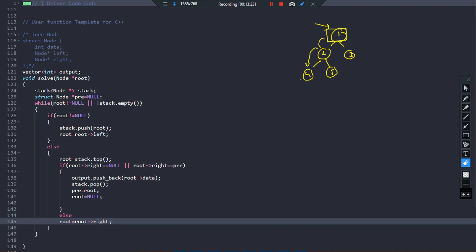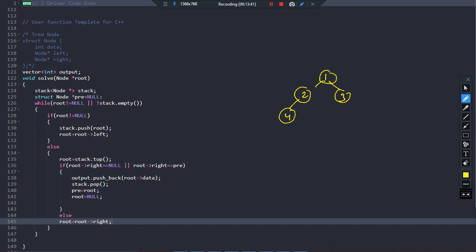Now we can also do one thing. You can try the dry run of this particular code, right? In case of any query, you can please put your doubts in the comment section. I've already explained how this problem is working, but still for simplicity, let us suppose we are using a simple example: 1, 2 and 3, and suppose only 4 is here, and we want to perform the post order traversal on this. Initially we have root here.